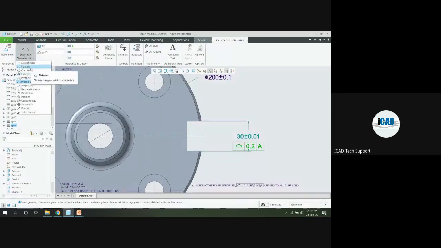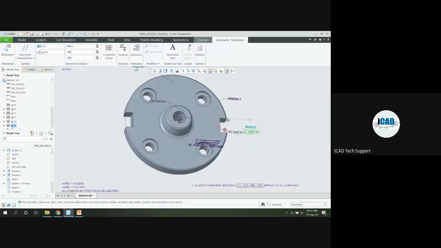So for that we can set, you can see here the parallelism option is available, and we can set the parallelism value as 0.01 with the datum A. So by using this,